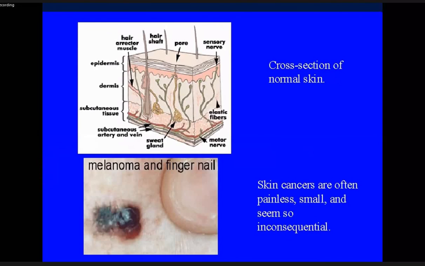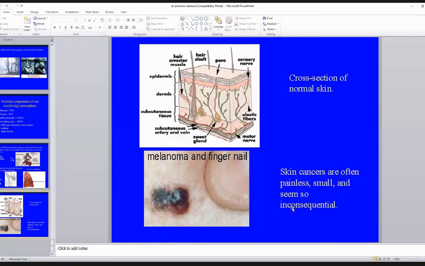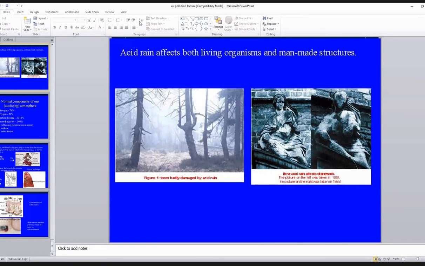And then there are other problems which are caused, such as melanoma, fingernail problems, etc. So these are the health effects, and this is all about today's lecture. If there is any question, then